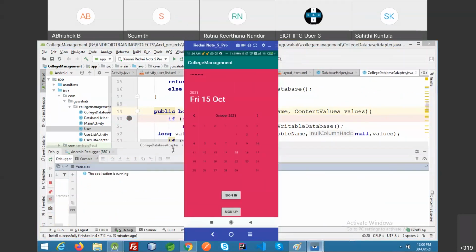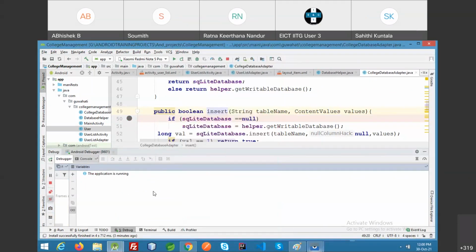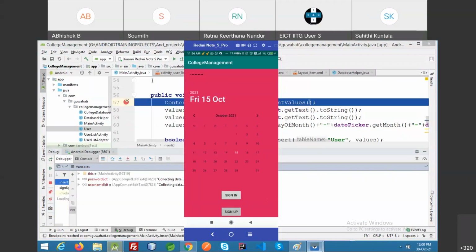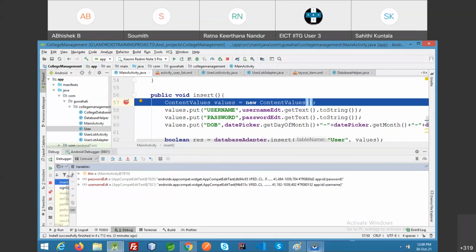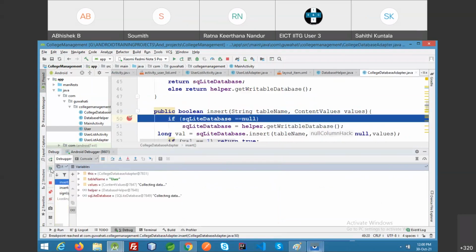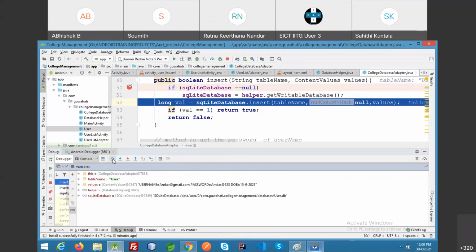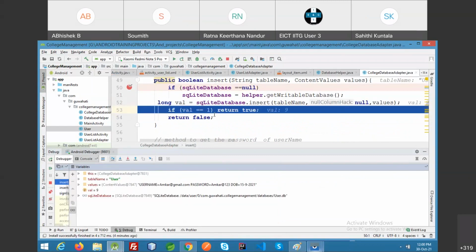Sign up. Now I'm inserting, value 9. It's inserted basically.